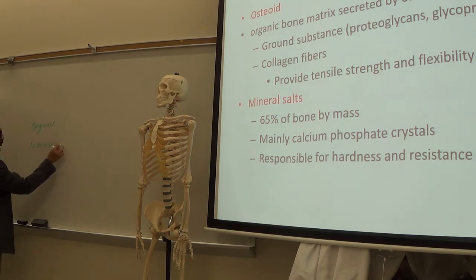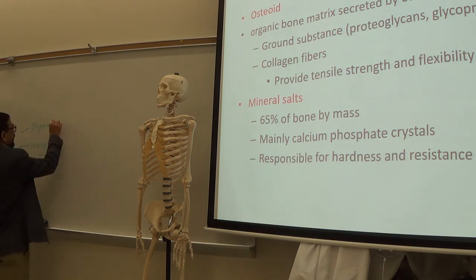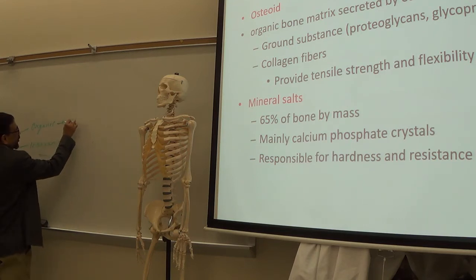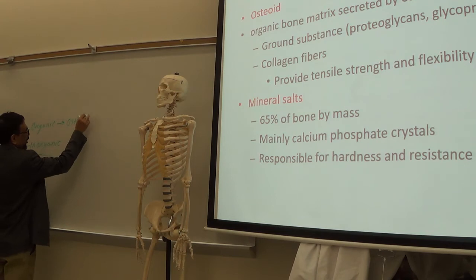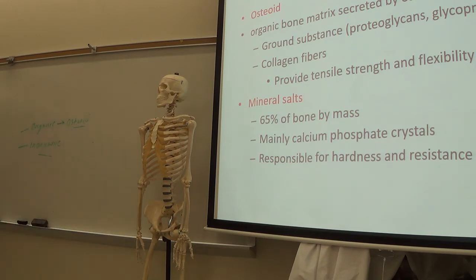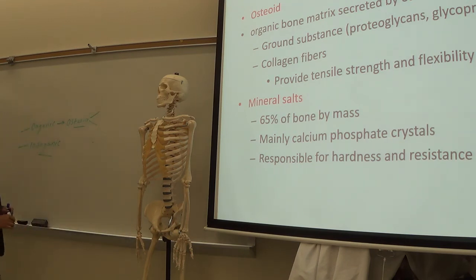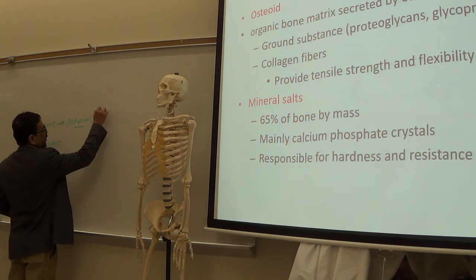The organic compound is called the osteoid. So osteoid is the organic component of the bone. And the osteoid consists of collagen fibers